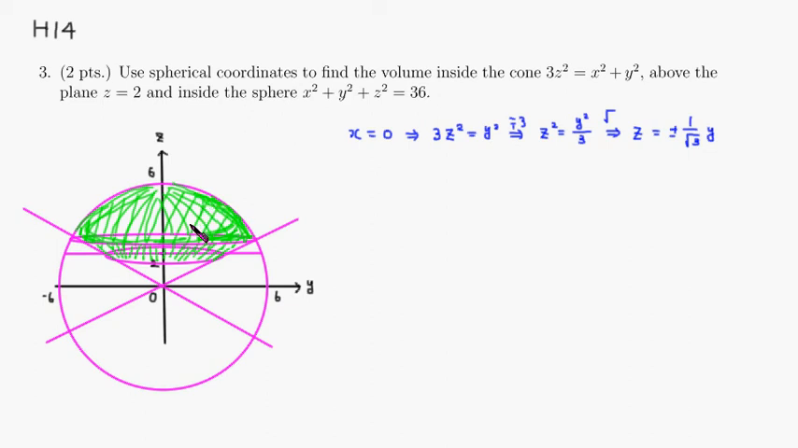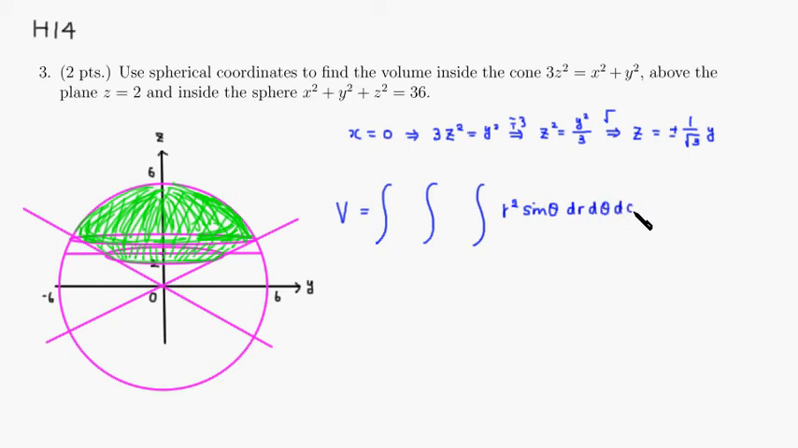Alright, so what we need to do is use spherical coordinates to set up a triple integral. So let's do that. It's going to look like this: the volume V is equal to a triple integral. The volume element for spherical coordinates would be r squared sine of theta dr d theta